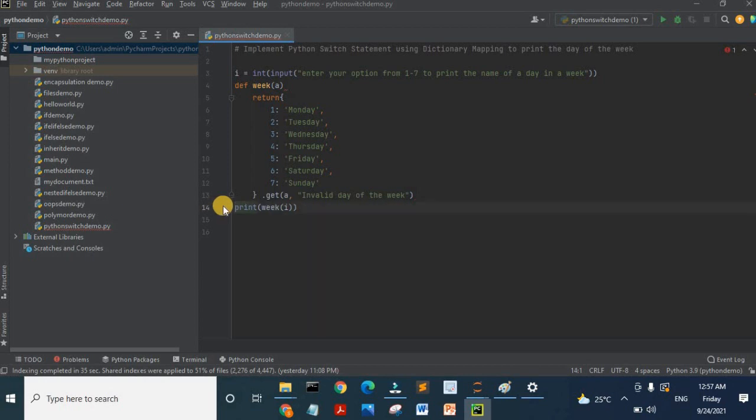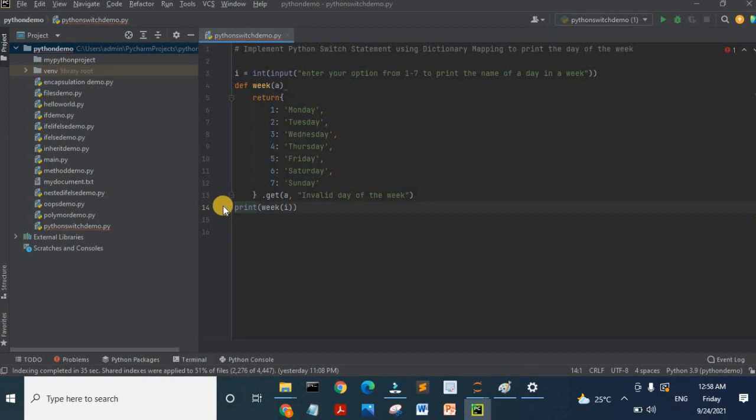Now finally, let us try to understand the working of this code. In this program, I have declared a variable I of integer type and I am printing a message to the user using the input method. Then I have created a new function definition with name as week and passed an expression a in it. Now, using dictionary mapping, I have mapped the values 1 to 7 to the names of the days in a week and returning the name based on the expression value inputted by the user.